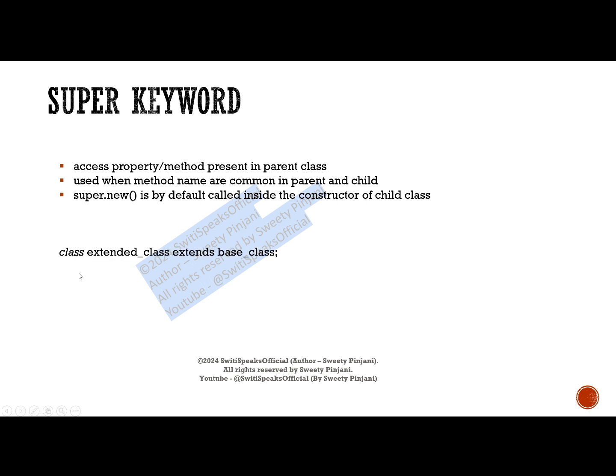Let us understand, you have an extended class which extends your base class. You have a function display variables inside your child class which is the extended class, as well as inside your base class. If you want to call the base class display variables method, you can do it by using super dot display variables. This super keyword refers to the base class, and then you are telling which method to call, super dot display variables. This is how we will use super.